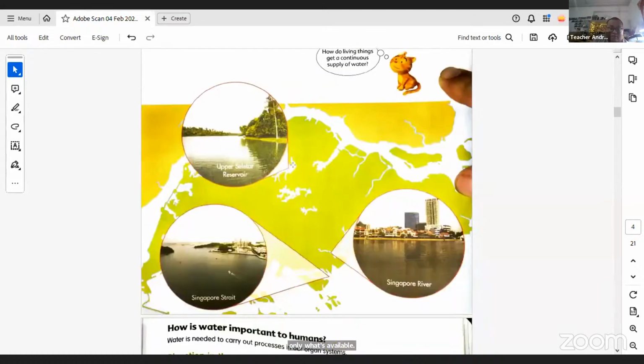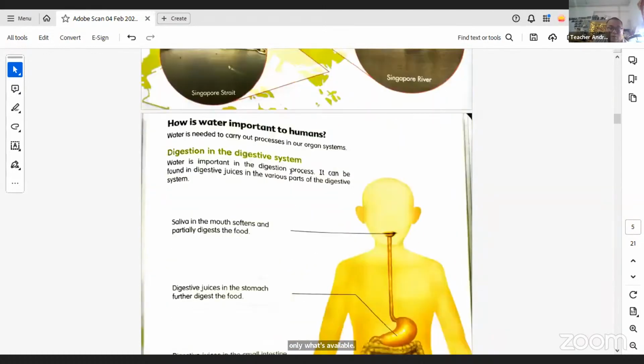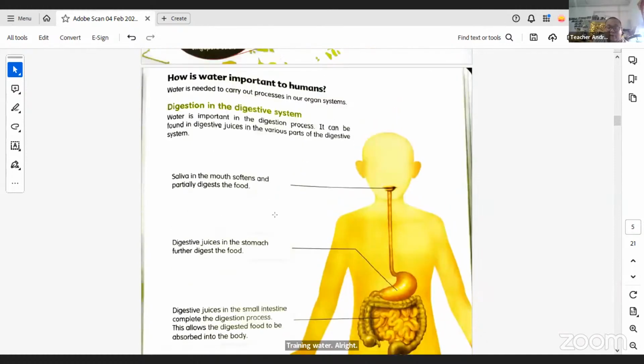All right. So, why is water important to humans? Why do we need water? Well, we are looking into different systems in our body. The first thing first, digestion. Water can be found in any part of our body. Any part of our body needs water. One of the most important things is